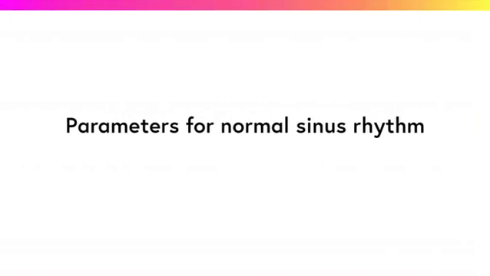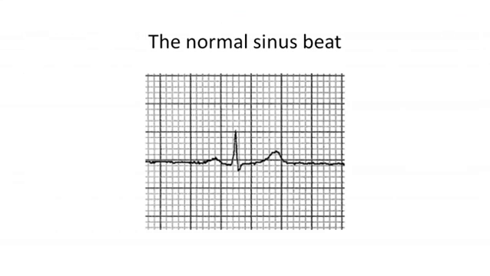Parameters for normal sinus rhythm. In an earlier step, we have seen how the electrical activity of the heart is represented on an ECG. The presence of a P wave, followed by a QRS complex and a T wave, represents what we call a normal sinus beat, indicating that the impulse has been generated at the sinus node and then spread across the atria